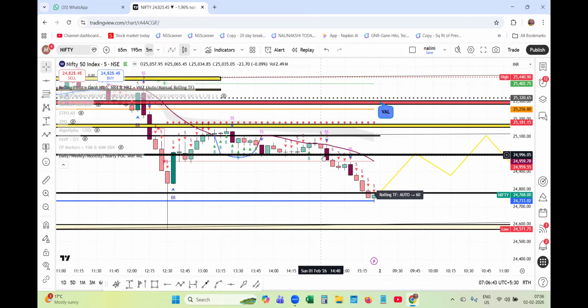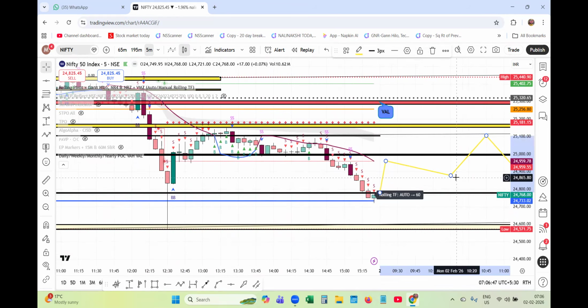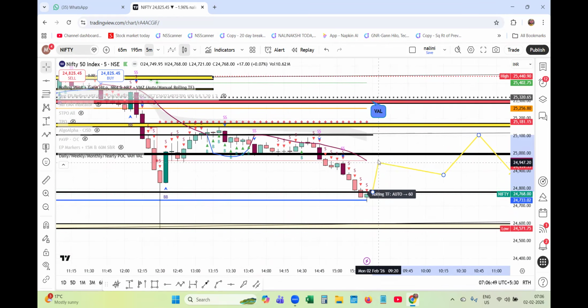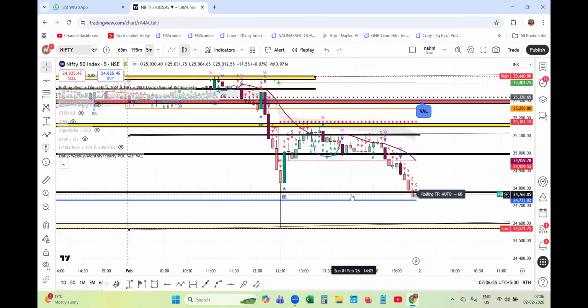Let me change the time frame to 5 minutes. Even on the 5 minutes also rolling pivot is showing. So for you people, the immediate level on the 5-minute is 24,957. So still it is bearish, but it has to pick up. So this is an imbalance, friends. From here, 25,000 to 24,882 is an imbalance. It takes time.